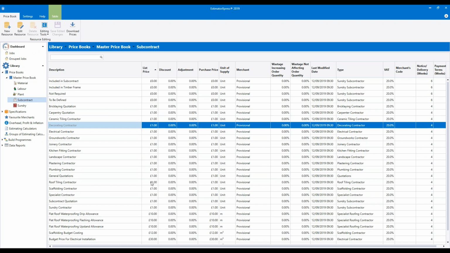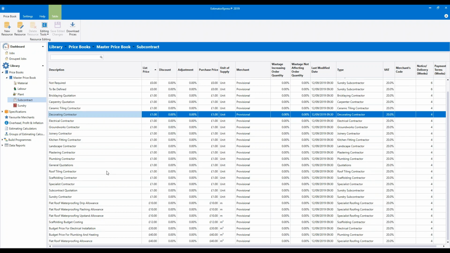So in the price book, these different contractors always have a cost of £1. And if you want to add your own subcontractors in, you'll need to add them in with a list price set to £1. In the subcontractor quotation estimating calculator, you would then enter how many pounds each fixed price quote costs. This will make a bit more sense when we get into that particular estimating calculator in module 3, so we'll look at that next week. So all you need to remember is you can add your own subcontractors in, but give them a list price of £1.